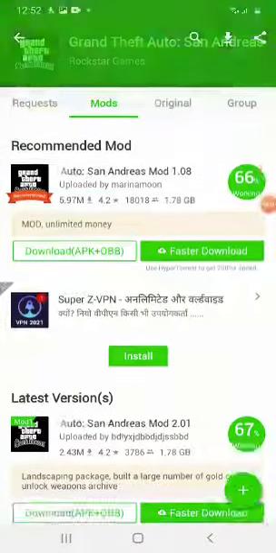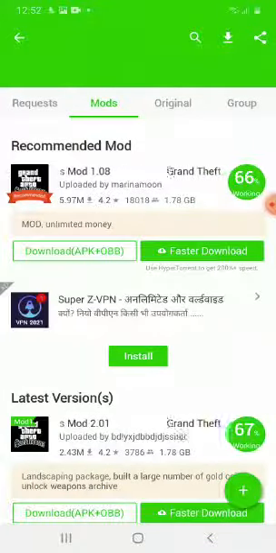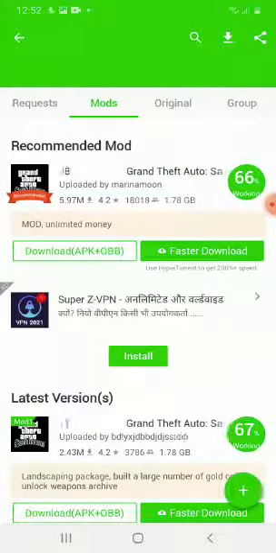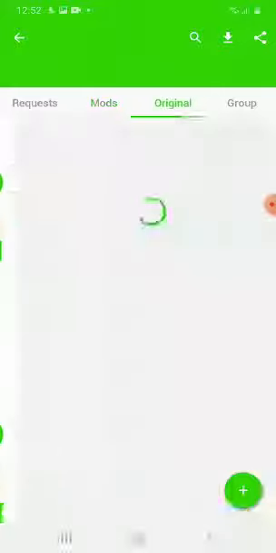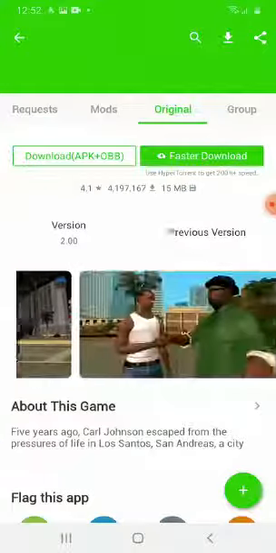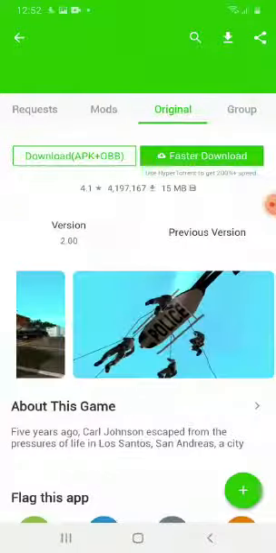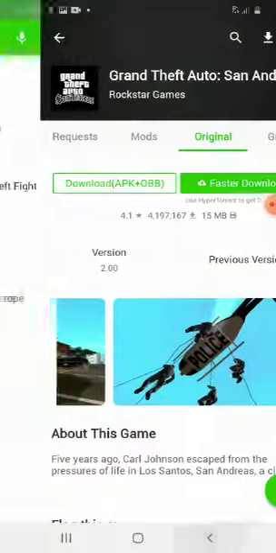You can see here also 1.78 GB. It is also totally free, and here's also a mod which gives you unlimited money, or you can download the original version also. By the way, I can't download it because the memory of my phone is less.